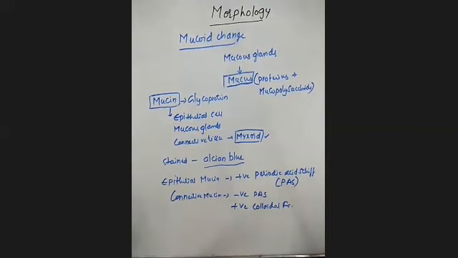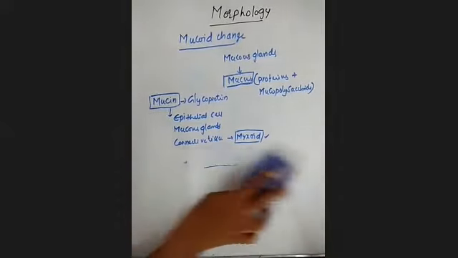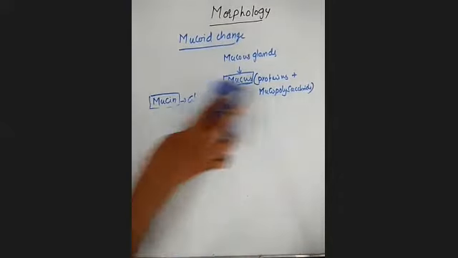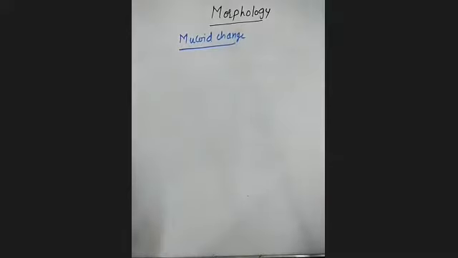So this is regarding the staining of mucin. Both mucus and mucin are stained with the help of Alcian blue. And if they specifically want to go for the mucin, epithelial mucin is stained positive with periodic acid Schiff dye, and connective mucin is negative with PAS but positive with colloidal iron. Next we'll discuss the epithelial mucin and the connective tissue mucin. First, we'll see the epithelial mucin.